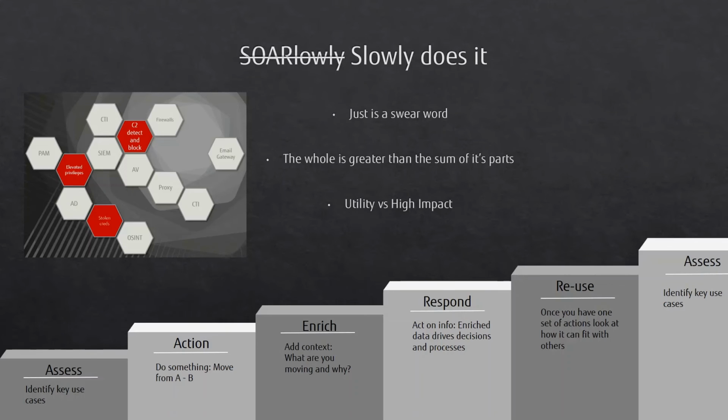Then move on to respond. Actually take those playbooks and say, well, now that we know what the data is, and we know that we're consistently getting it and that our users are able to react to the data we've enriched, can we just make that decision for them in the first place? Can we go put that remediation in place? So then you build it into respond. You do not have to do everything out of the bag. Make those small wins, collect that value early doors, and you're going to see that actually, slowly does it.